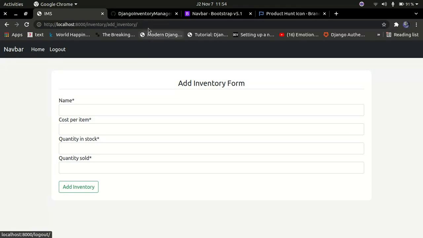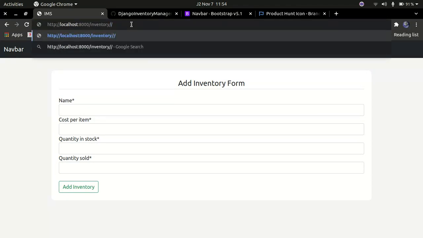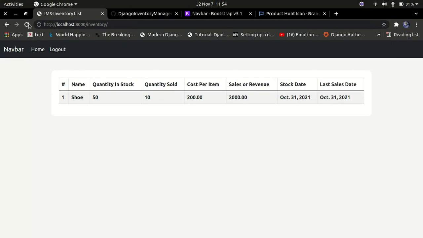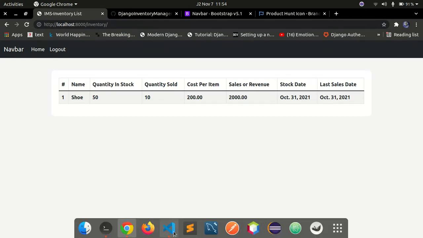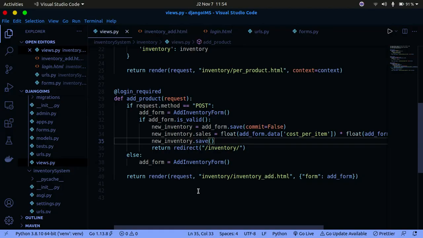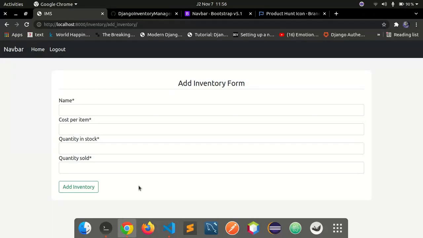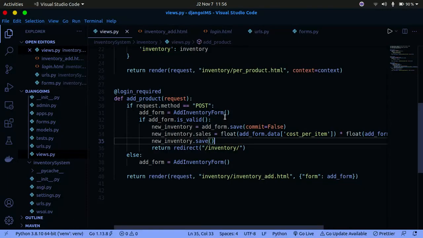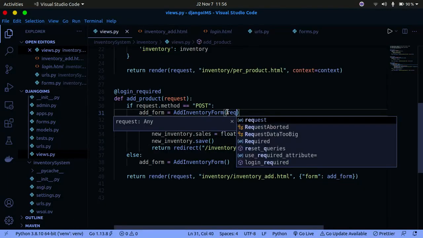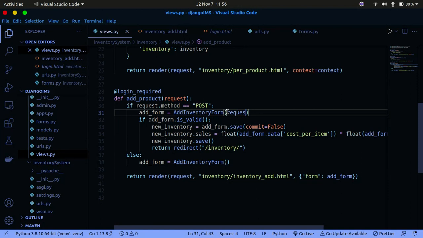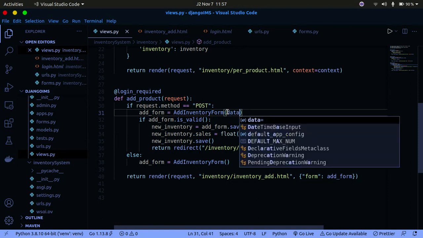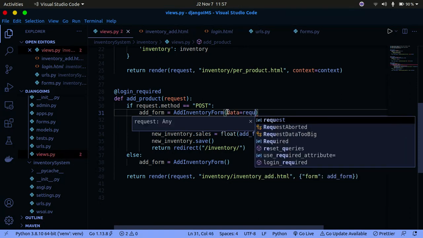But now if I go back to, let me try to go back to my product page here. So if I go to inventory, I see only one product, meaning it hasn't been added yet. Why is that the case? Now whenever you try to add a form, it doesn't get added to the database, and I'll spot the error for that. So what we need to do in here, we need to provide in the form. So it can be a request, we need to provide in the data. It's going to be request,